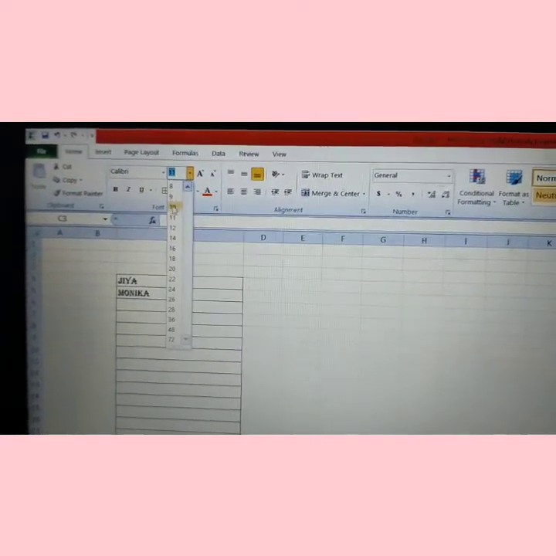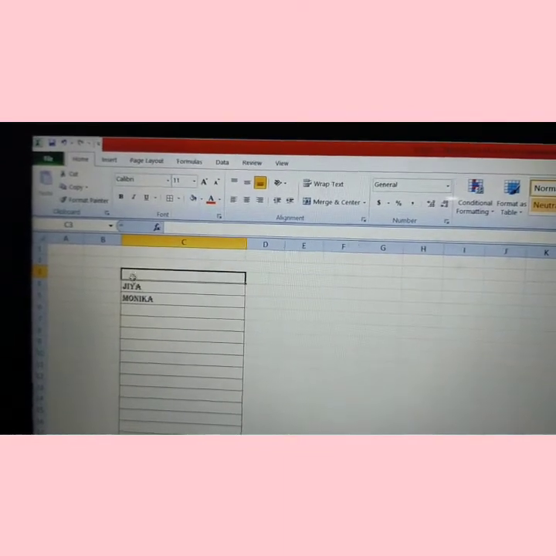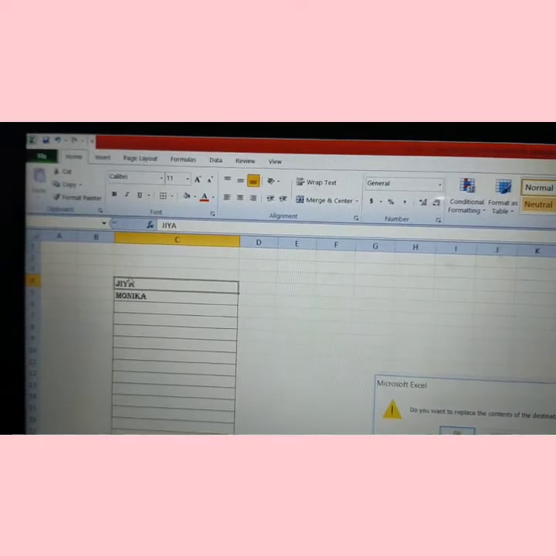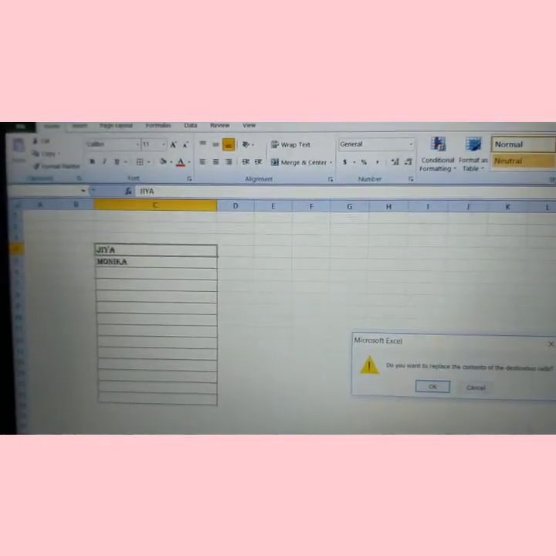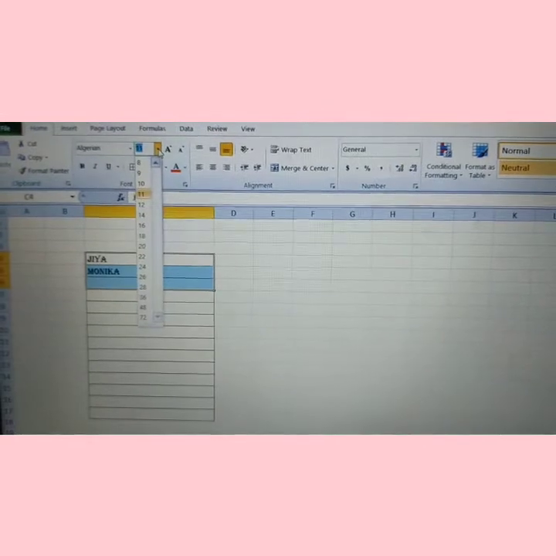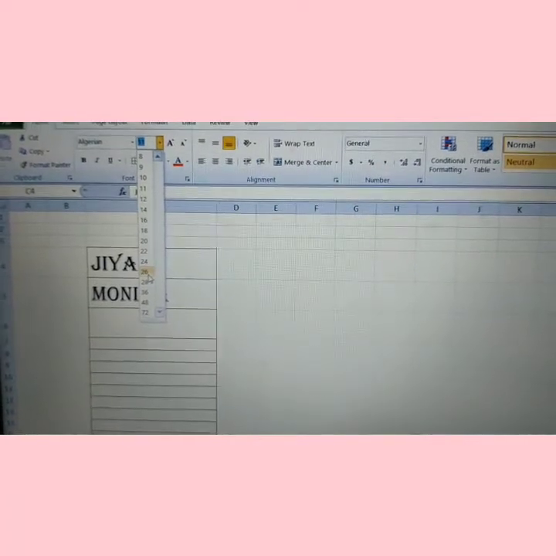You can increase or decrease the font size. Suppose I have chosen this. See, you can decrease or increase the font size.